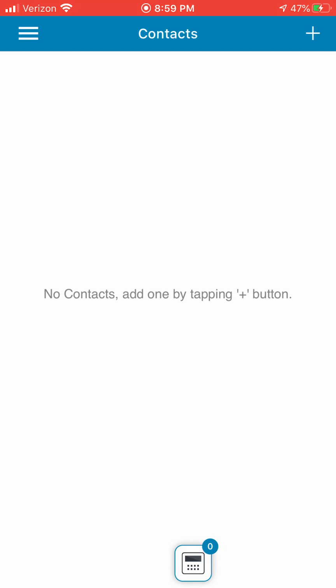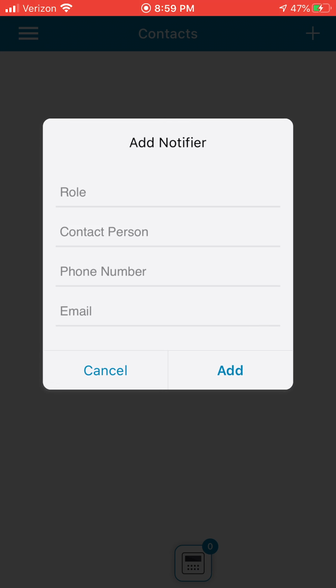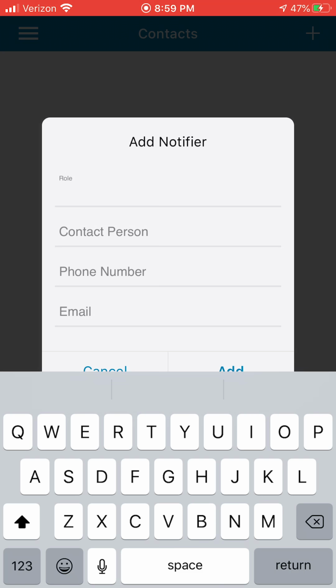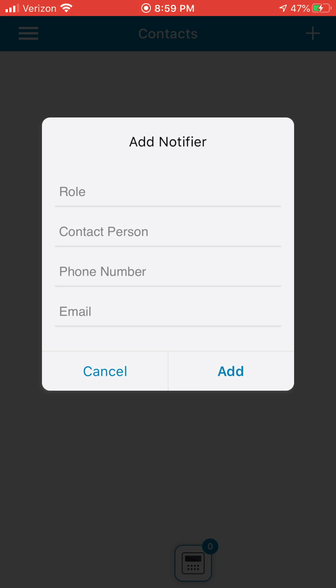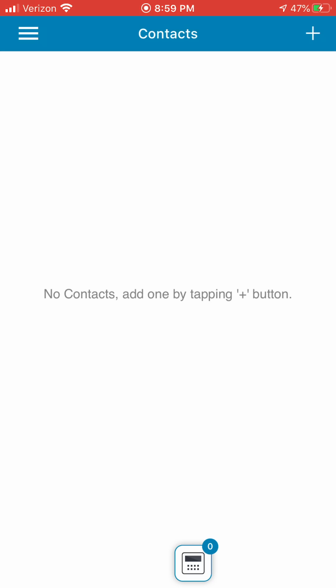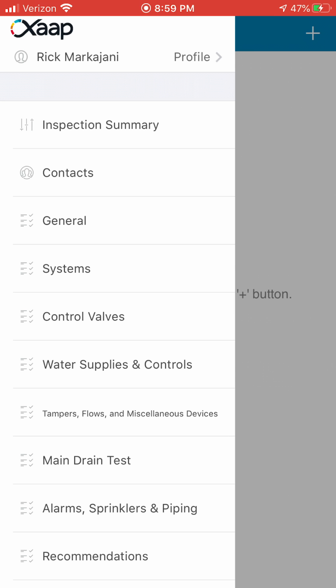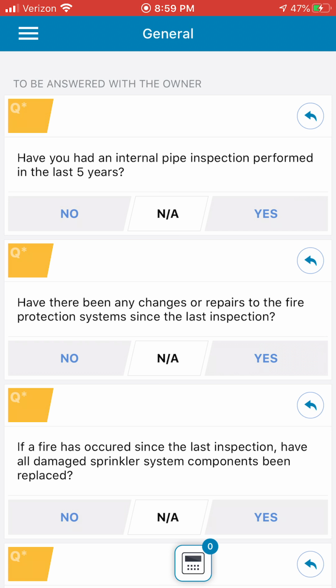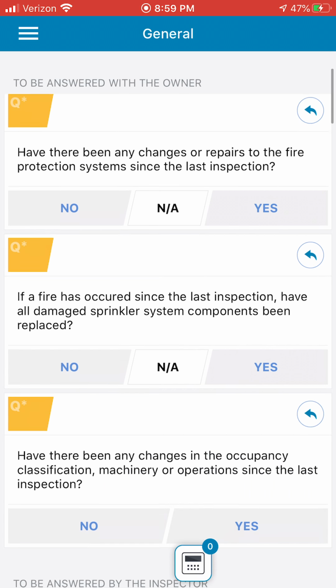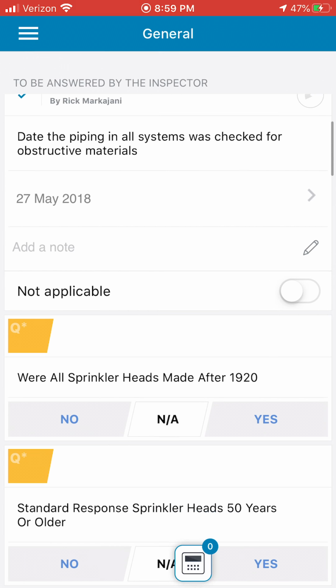If we have any contacts, we can add contacts here. We can go by here and putting in the person's role, the contact person, phone number, email. I won't do that right now, but we can do that. Or I can go down to the top left menu and go into the general section. General sections ask you just basic questions that are being answered by the owner, answered by the inspector,